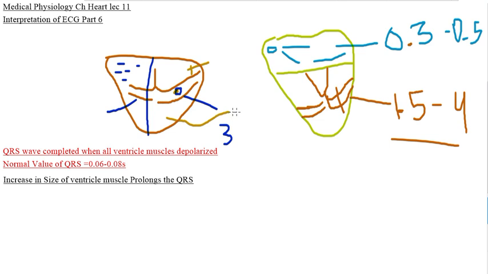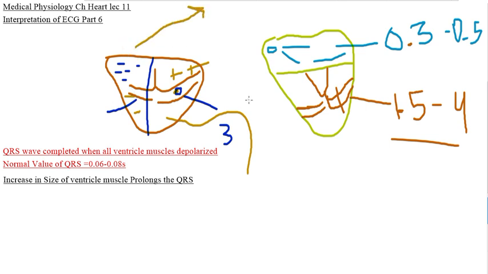Now the ventricle muscles are conducting at the rate of 0.3 to 0.5 meter per second, like atrium, because Purkinje fibers are not working in the left ventricle. As a result, this side of the right ventricle contains negative charges, whereas this side of the left ventricle contains positive charges. And I have explained in detail that the QRS vector is directed from the negative towards the positive. As a result, the QRS vector from this negative will be directed towards the positive side.